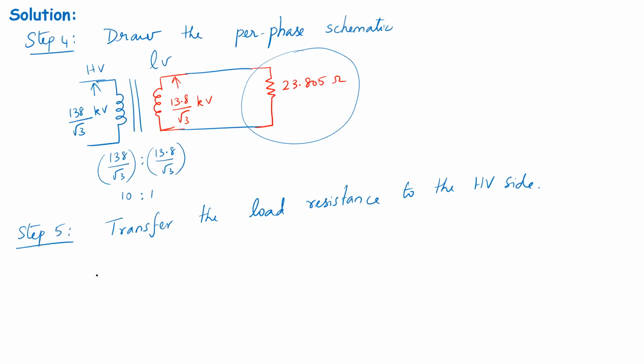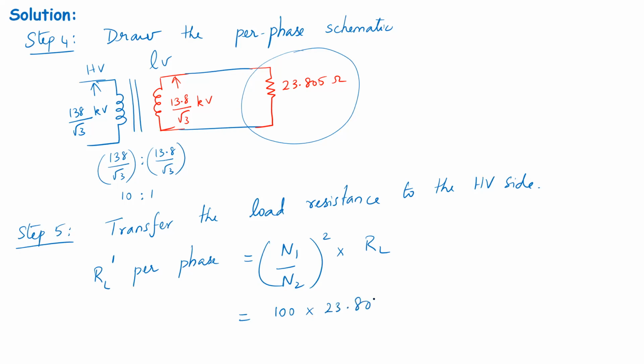And that can be done easily. We know the equation. It is nothing but RL dash per phase is equal to N1 over N2, the square of it, into the actual value of RL, which implies it will be 10 square over 1, which is 100 into 23.805 ohms, which is 2380.5 ohms. So the per phase load resistance, when referred on to the high voltage side of this transformer, is going to be